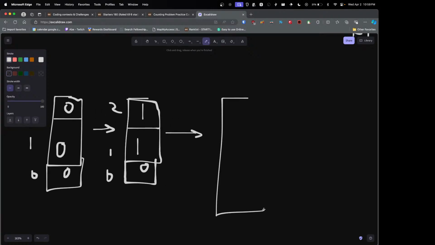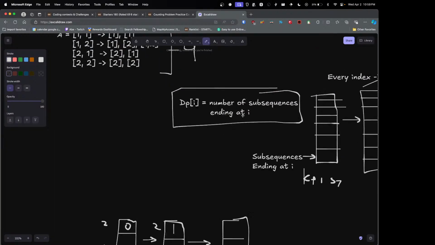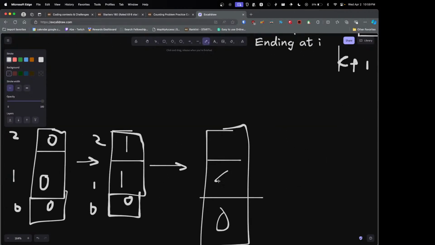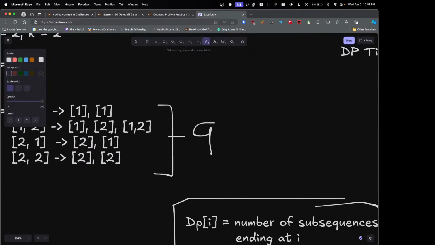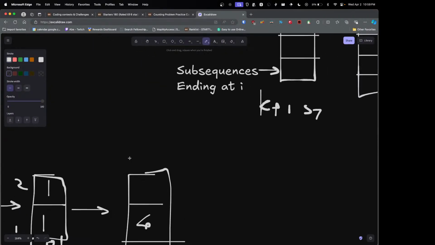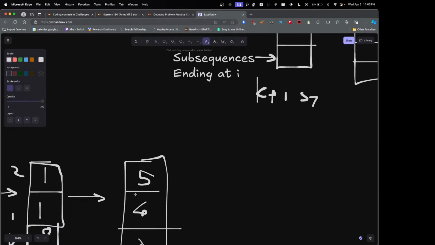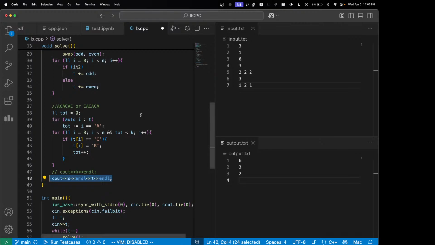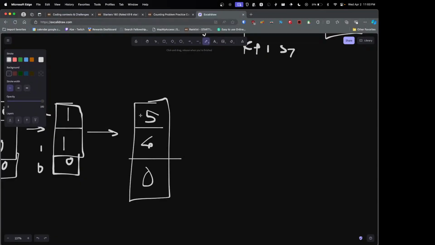Now then, what do I need over here? Okay, now if you see, how many subsequences end at 1? 4. And how many subsequences end at 2? 5. So I need to somehow convert 1 1 to 5 4. Okay, so now I was thinking,